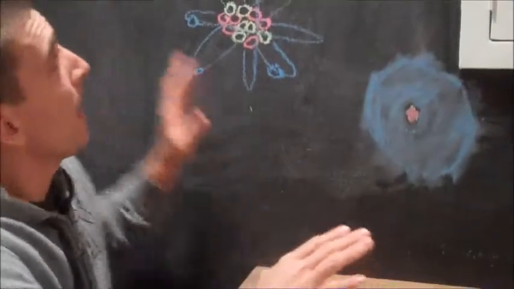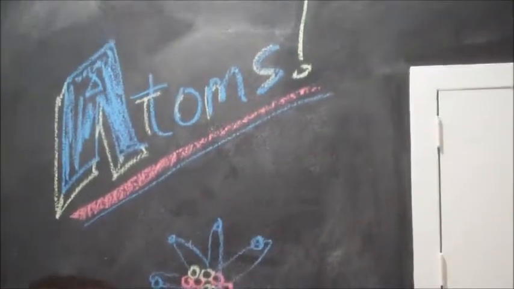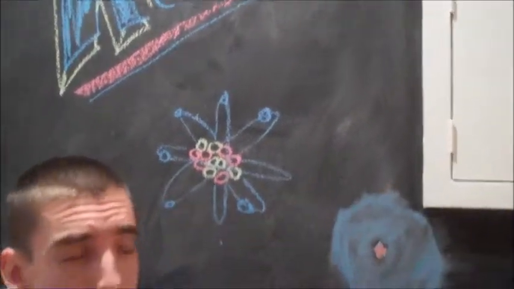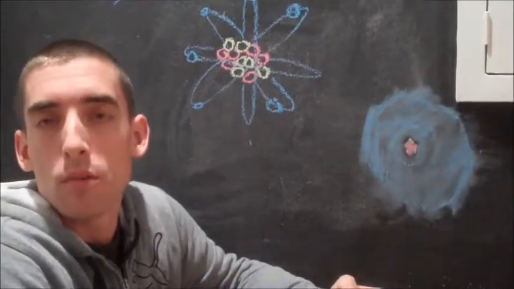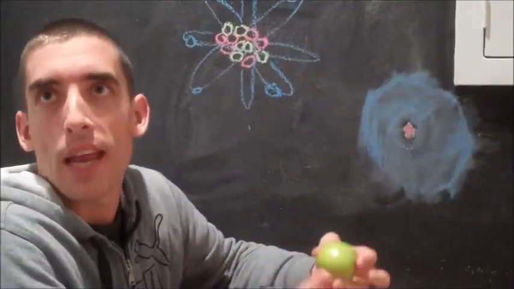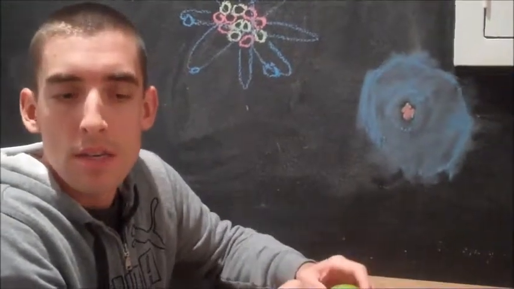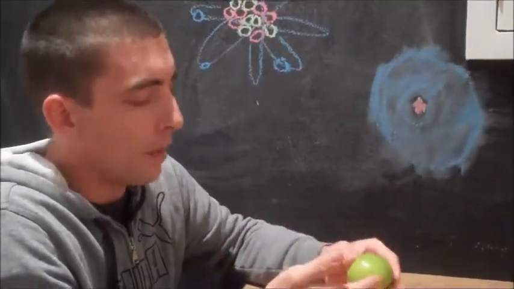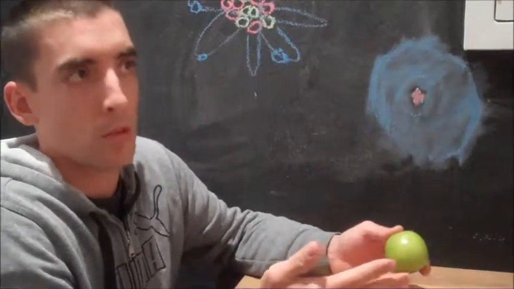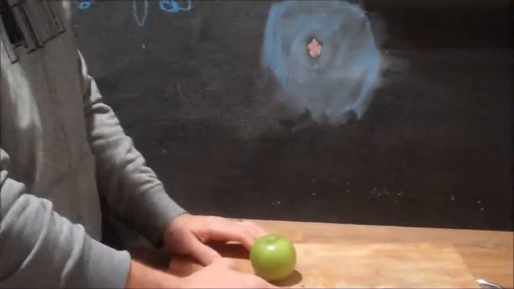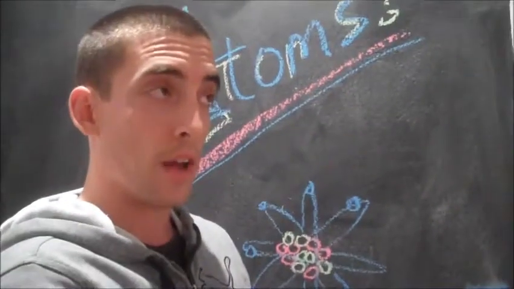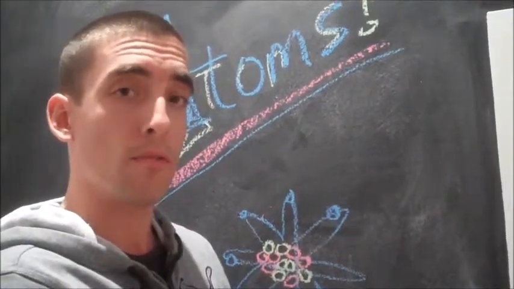In fact, atoms have been known about for thousands of years. You might have heard of the ancient Greeks. The ancient Greeks knew that there must be a concept of an atom. There must be something that is the smallest thing. If we keep halving this apple, we can get to the smallest portion of apple. So let's do it. Let's find the smallest portion of apple. Don't use knives at home unless being supervised by a parent, and always be safe when you use a knife.